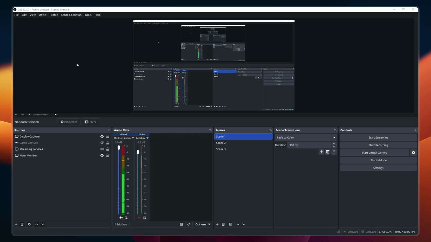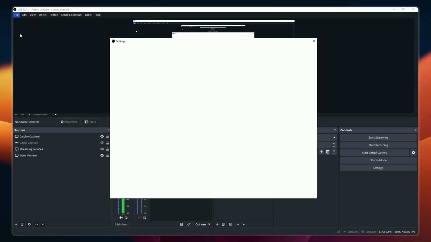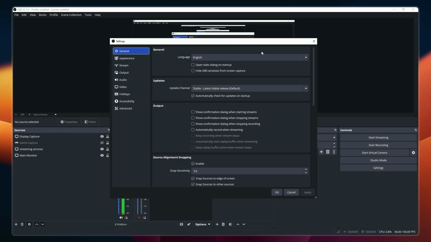First, open your OBS application on your computer. Once it launches, direct your attention to the upper left corner of the screen. Click on File to open the menu, then select Settings from the drop-down list. This will bring up the settings window where you can configure various aspects of OBS, including the Multiview feature we're